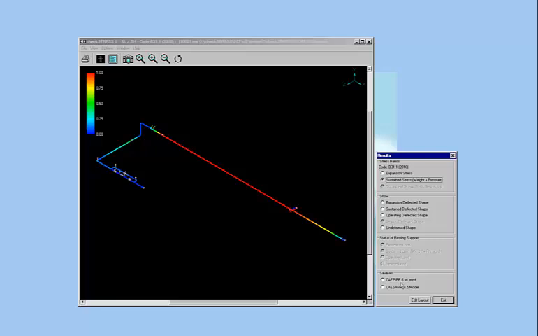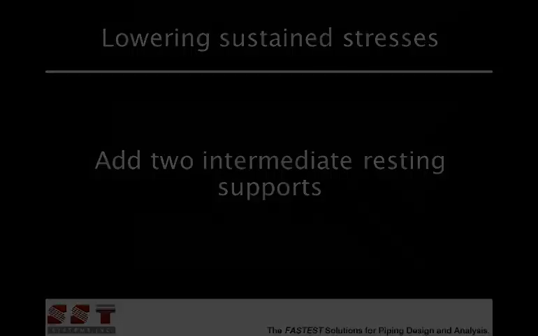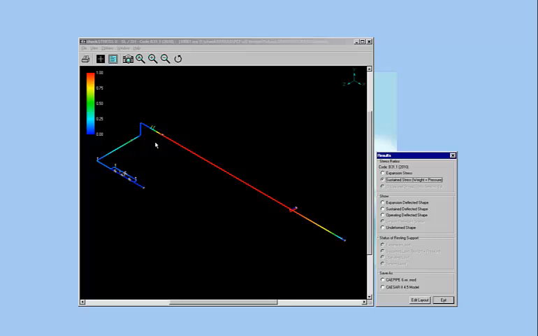Now assume that you don't want to go back to AutoCAD for whatever reason. It's just a little bit more cumbersome than this software, and you would rather be done here quickly by making a few edits. Now let's say this is a line that you want to see if you can do anything to make this work. So you go to Edit Layout